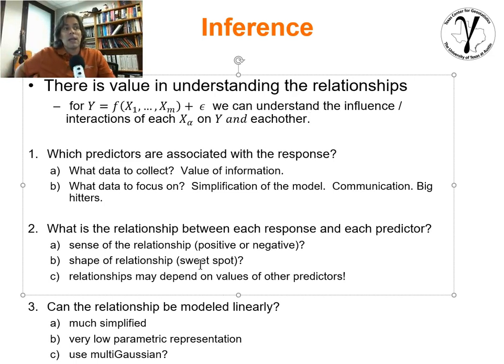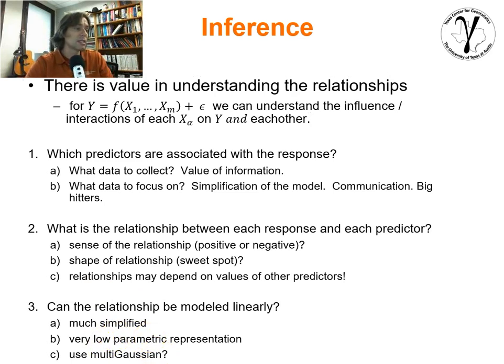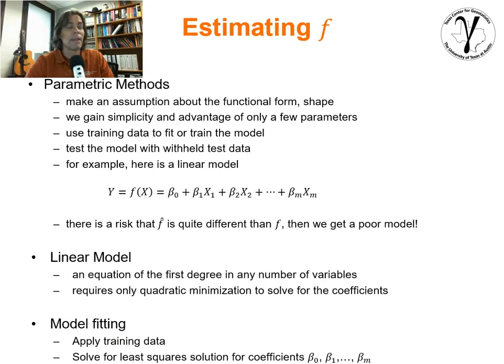We can also step back and say, hey, can we model this thing linearly? If we can, life is much easier. And so maybe we're looking at the shape and assessing linearity of it in kind of multi-dimensions and assessing that. Or is it something we can work with? Some type of Gaussian approach would be easier, or lower parametric representations, dimensional reduction. So this is all around inference.